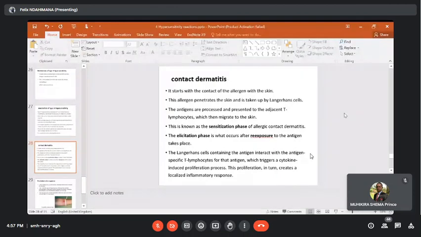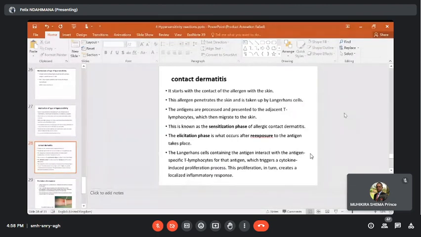This is just the normal phase whereby you are exposed to an antigen and then your body has produced enough antibody to fight it off. This is the sensitization phase. And then there is another phase called the elicitation phase, which is like a re-exposure to the same antigen. So once this same antigen is coming again,